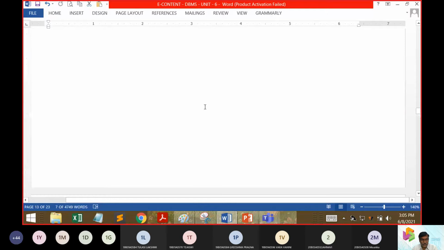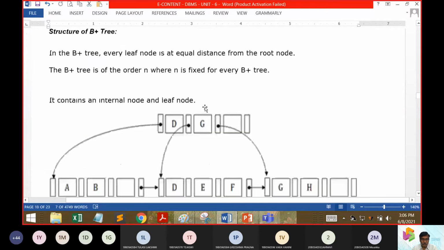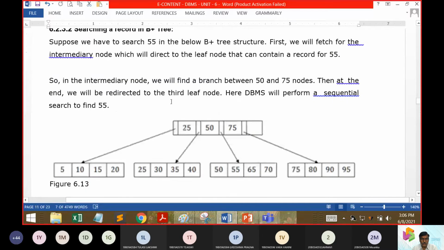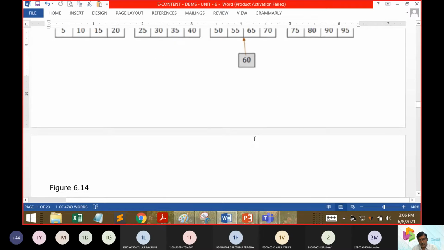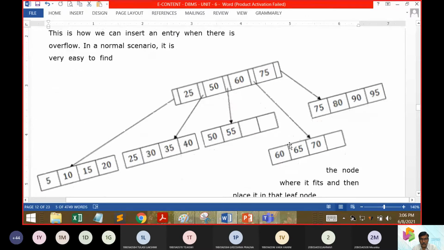So in this B tree we have taken up 3 operations. One, we went with the searching operation. We need to search for an element called 55. Then we took up 60 to be inserted between 50 and 65, which is not possible. So we split the node into 2, L and L by 2, and then we arranged.